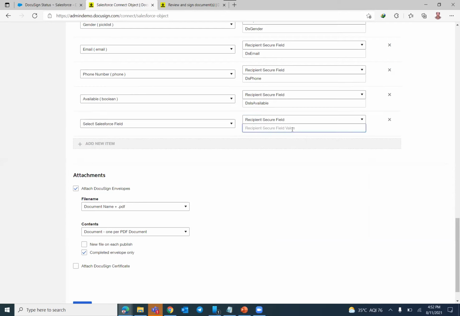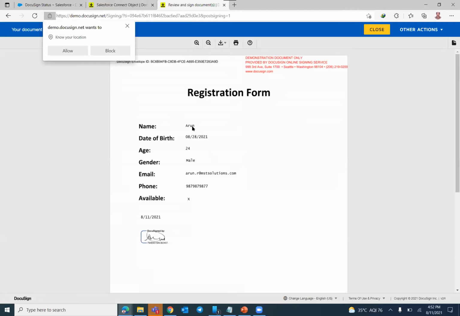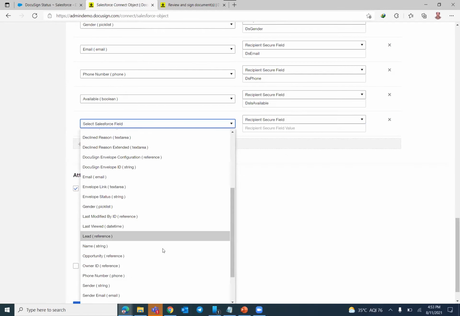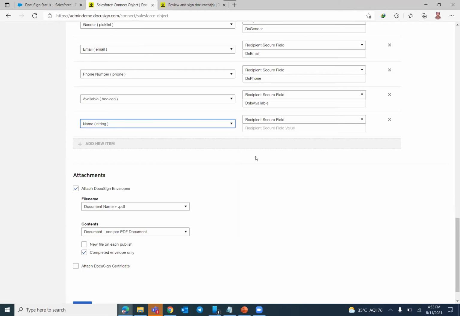While creating a form, there will be a field for the user to enter a name. We need to provide that data label here. In parallel, we need to select which field needs to be updated, like Name. So whenever the form is submitted, the data from the form will be captured and then stored in Salesforce in this respective field. This is how our data is captured from our DocuSign form to our Salesforce. This is how mapping happens.